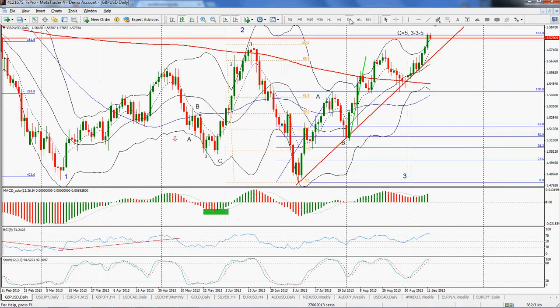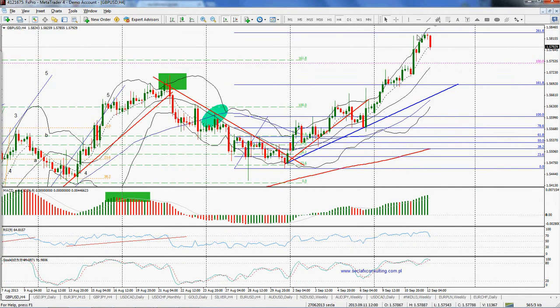And the C movement, this is 3-3-5. So that was a 3, a big A, a 3 for B, and a 5 wave movement up for C. Okay, so that's why the market is currently reacting to this top here, and we are already seeing